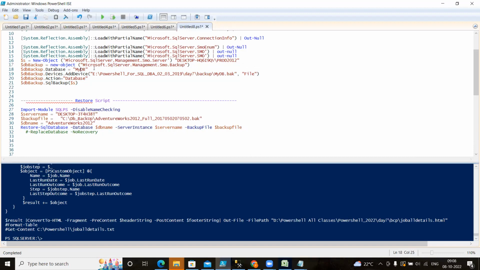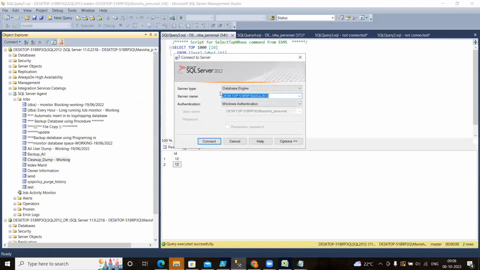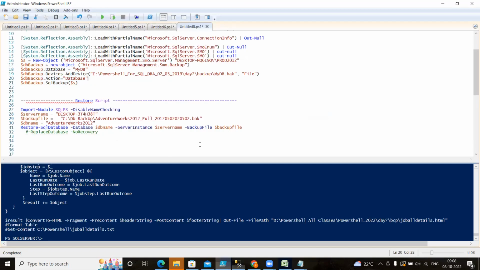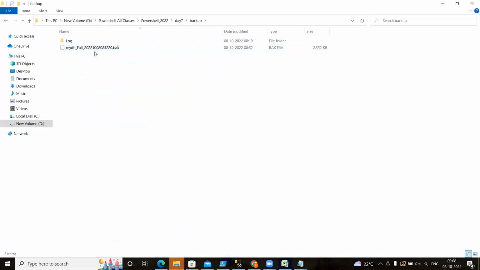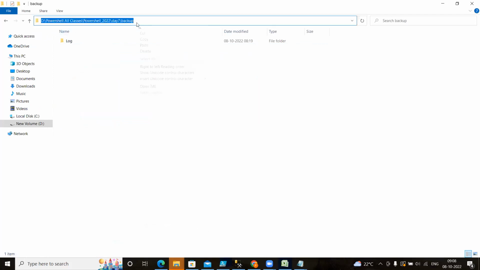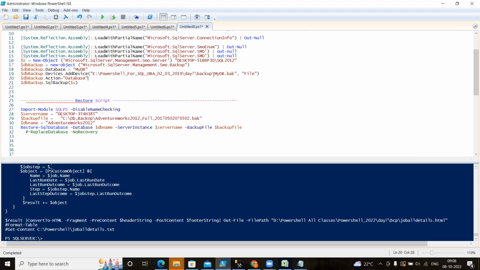So I am running this one here, and I will see where it went and what it is going to create. I have given copy. I just pass my server name here. I have given the server name, and my DB, and where I want to create my file. I want to create my file here. I will delete this and give this directly. I am showing you how you can restore the database using PowerShell. If I execute only this much,